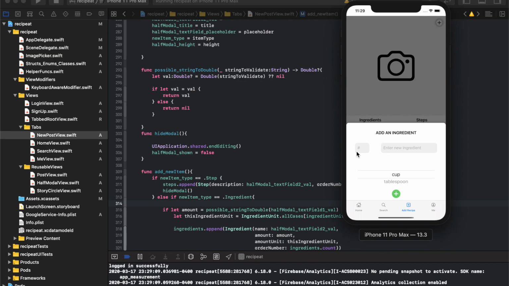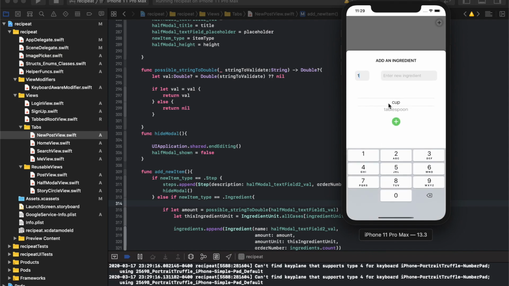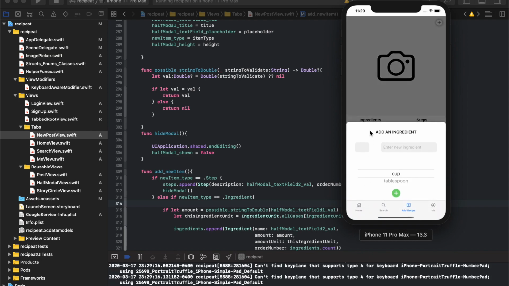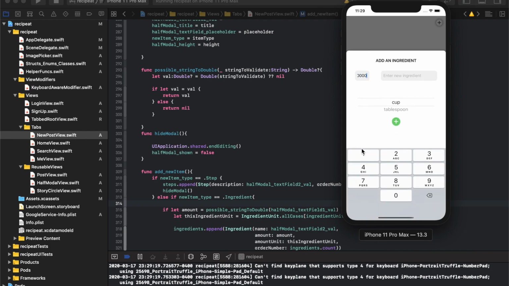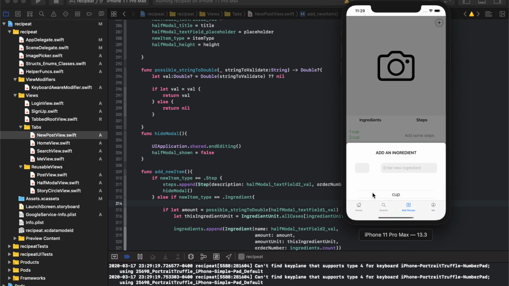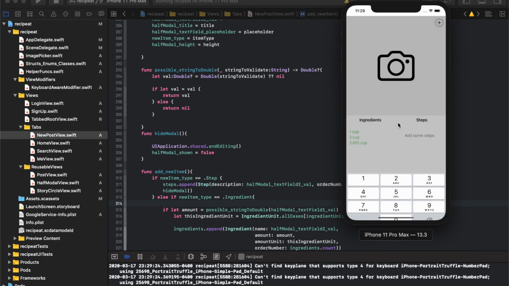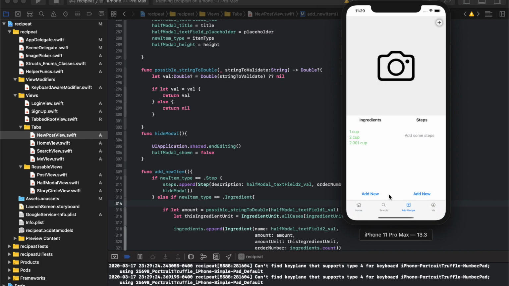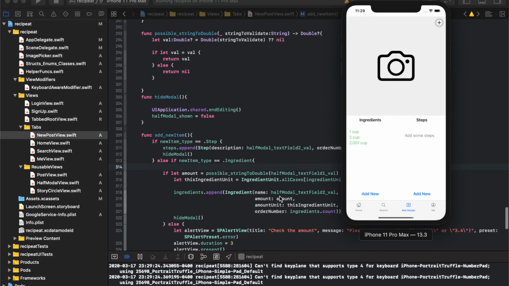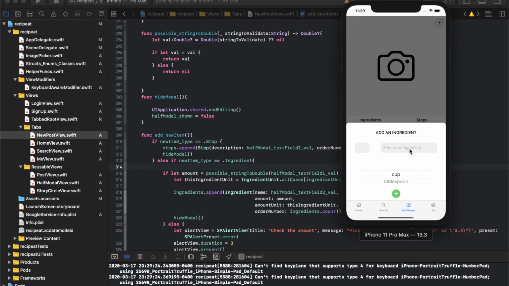So now if I write 1, and I hit plus, 1 cup, perfect. Now if I say 2.0, those were all irrelevant because I didn't do anything. But what if I do 2.001? Sorry, 2.001. Okay, perfect. That's what I want. So that worked out. And the last thing is, I don't want to be able to just say 2.001 cups of